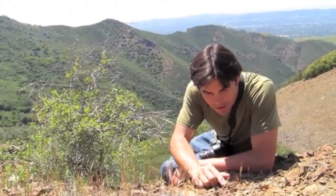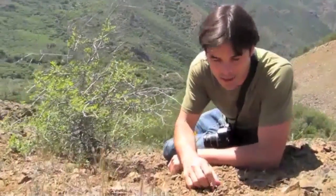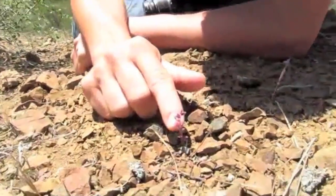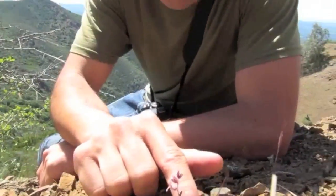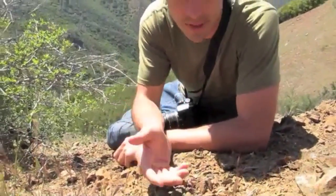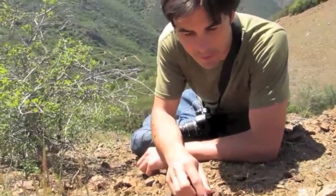And this little plant right here, this jewel flower, is endemic to Mount Diablo. It's found nowhere else in the world. And this is a plant that could very easily disappear. A hot year might make it so this plant doesn't come up, and then it might be very hard for new plants to come in because this area is very isolated, being on the top of a mountain,